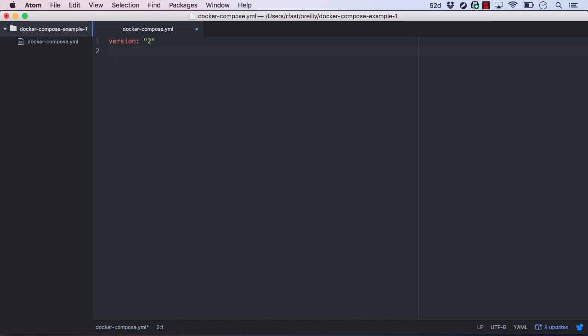services, or containers, that Docker Compose will manage. Our simple composition will just contain a single container running Redis. Each service in the services section is keyed by the container name. We'll call ours kvstore1. Underneath our service definition, we can specify a number of attributes,